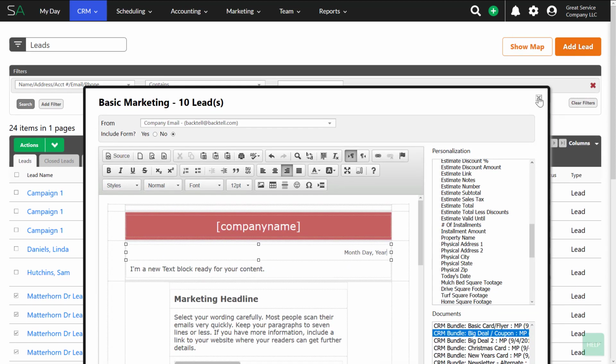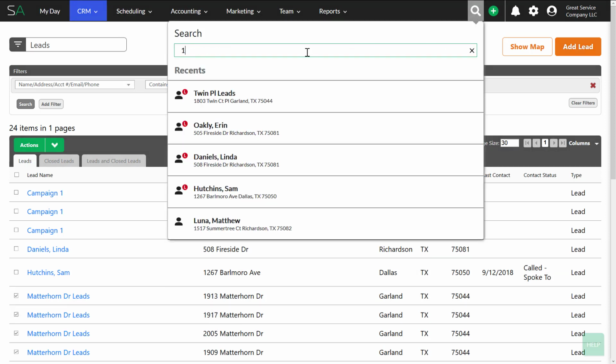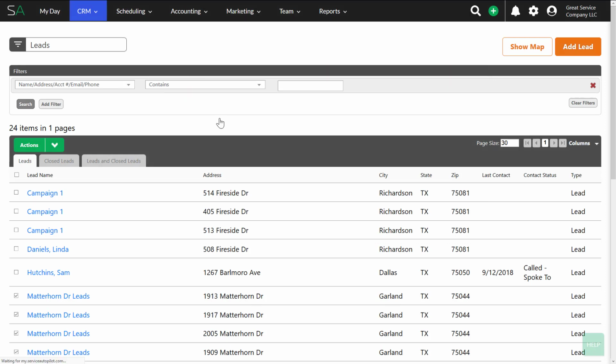And then the advantage here is, let's say that you send out a bunch of marketing to very specific areas. As you start getting calls, hopefully you're getting some calls, people signing up or wanting estimates. Let's say that someone calls up and they say, we saw your flyer and we're at, you'd ask for their physical address. They say 1917 Matterhorn. If you search for 1970 Matterhorn, don't even have to type the whole thing. It comes up with this lead here. So if I click on that,